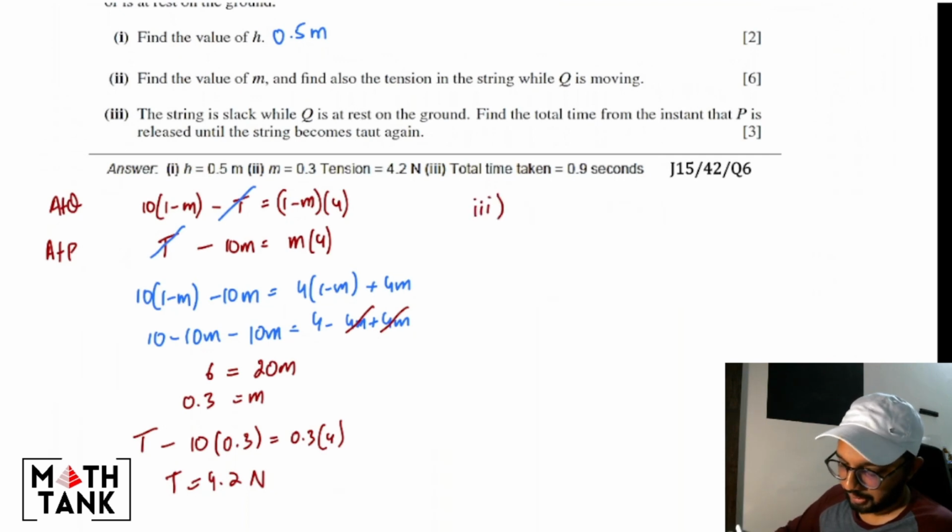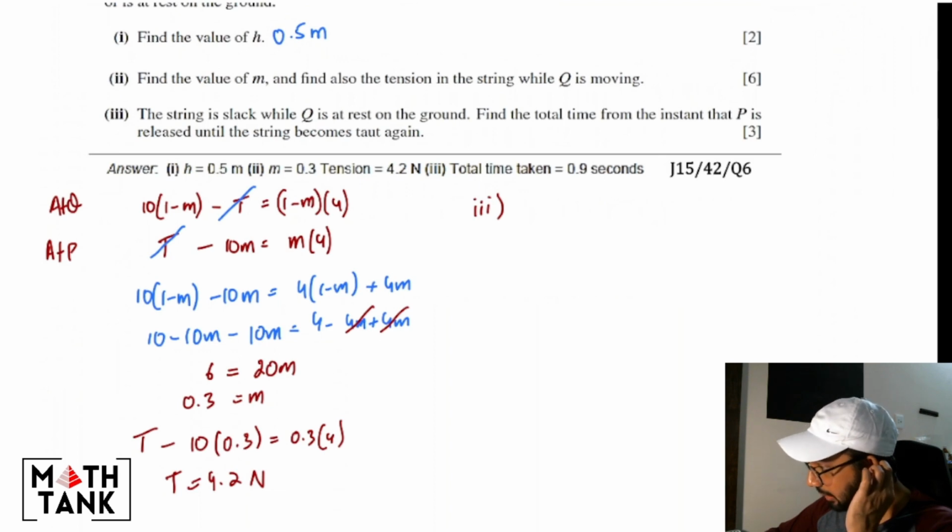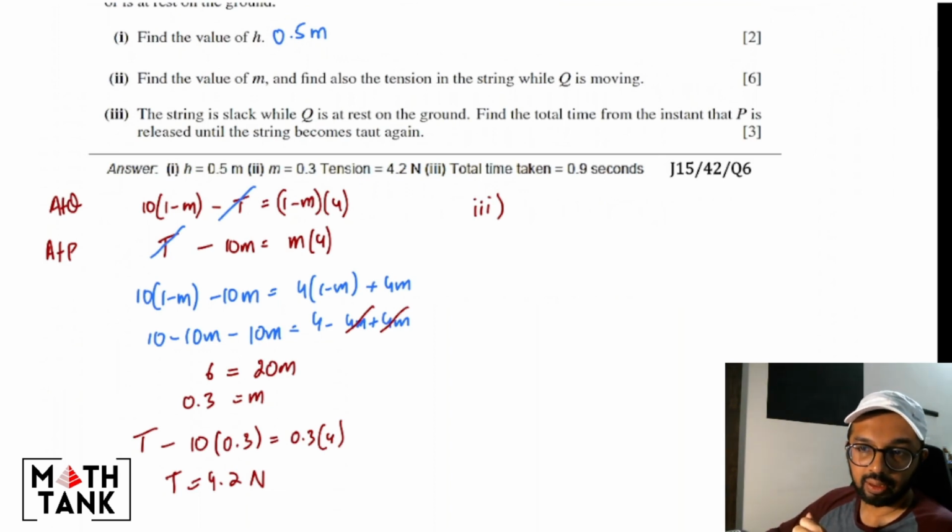Then I have part 3. It says the string is slack while Q is at rest on the ground. Find the total time from the instant that P is released until the string becomes taut again. So what is going to happen is, when Q hits the ground, the system is going to break. Once the system breaks, P will not stop suddenly, since it had a speed when the system broke. It's going to keep moving upwards